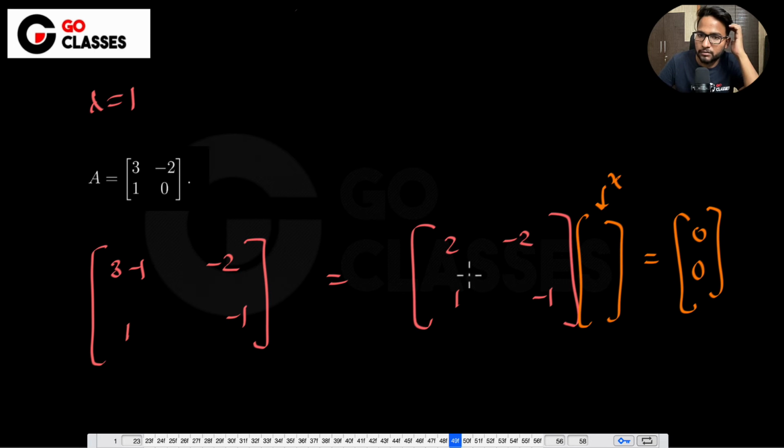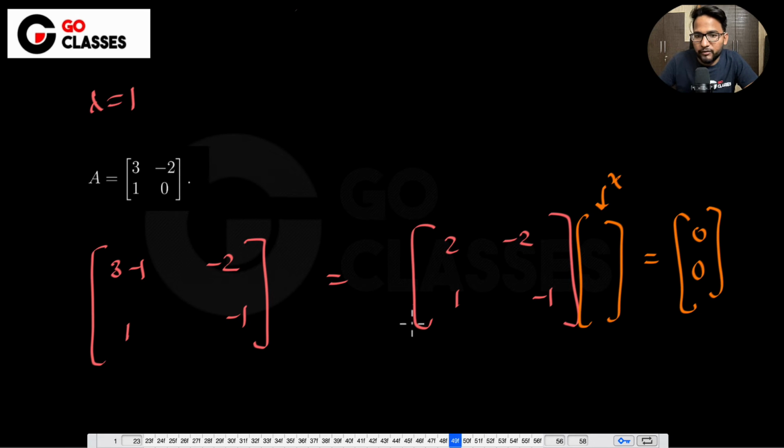Now if you just observe, I think you can make one of the rows as 0, because there has to be one free variable, that is for sure. I'm 100% sure, if you try to make this as 0, it will automatically be 0, because for every eigenvalue, the eigenvector must have a free variable, because corresponding to every eigenvalue, there is not just one eigenvector, there are infinitely many eigenvectors. So from here I think let's not do it. If you want you can do it, maybe 2 times of this, and then subtraction of this will